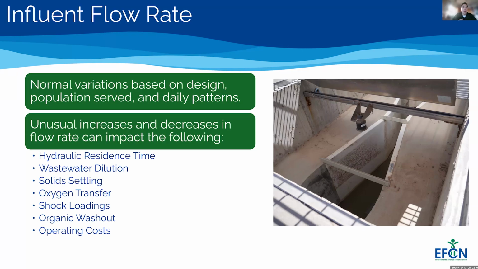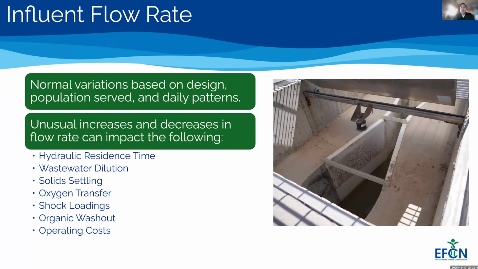So now we want to monitor our activated sludge process and our influent coming into our process so we can know if we need to make any adjustments. And then we have a nice list here showing that unusual increases and decreases in our flow rate can impact some of the following characteristics, such as the hydraulic residence time, wastewater dilution, solid settling, oxygen transfer, shock loadings, and organic washout. So we want to make sure we understand what's coming in and how fast it's coming in